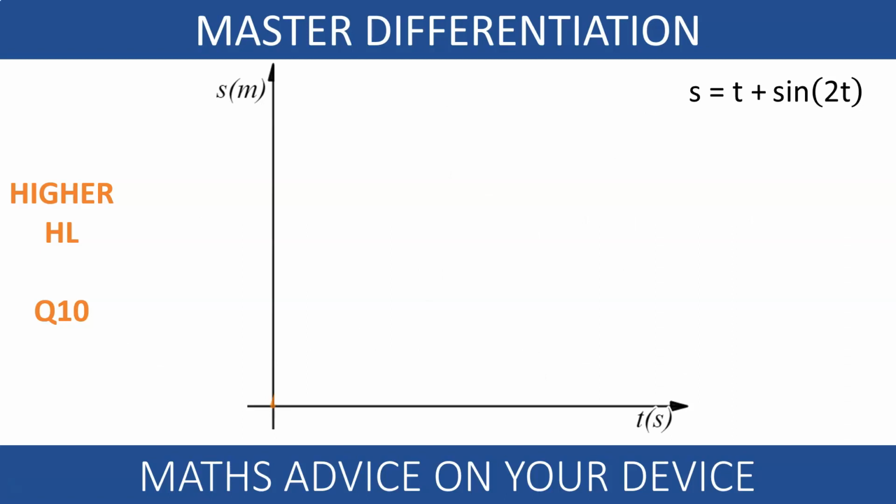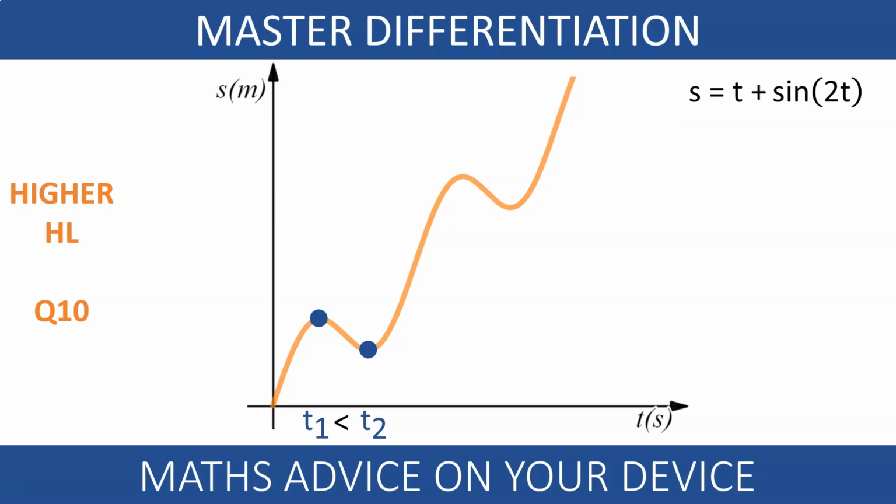I always like to start solving any problem having a picture of what is going on. I'm going to draw the graph of y equals x plus sine of 2x to represent the distance versus time. I can see that the particle is temporarily at rest at these 2 points, t1 and t2.